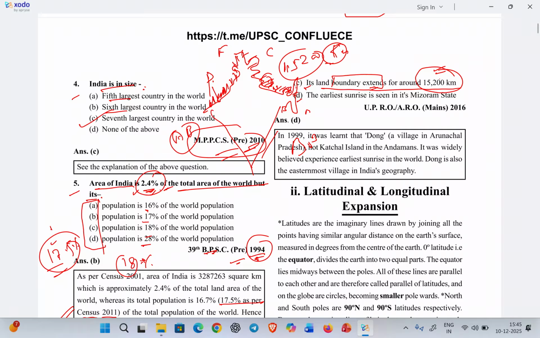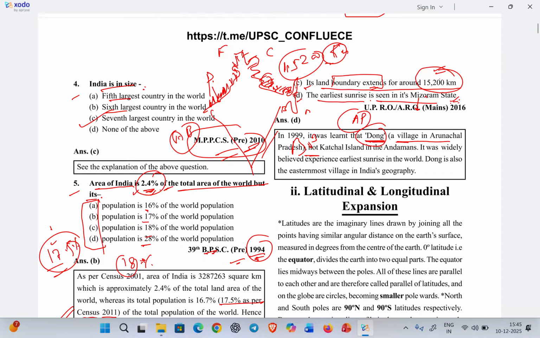And the next option is that the earliest sunrise is seen in Mizoram. So it is asking, is it the earliest sunrise? No, not in Mizoram. It's Arunachal Pradesh. In Arunachal Pradesh, the village of Dong. Dong is a village in Arunachal Pradesh, and over here we see the earliest